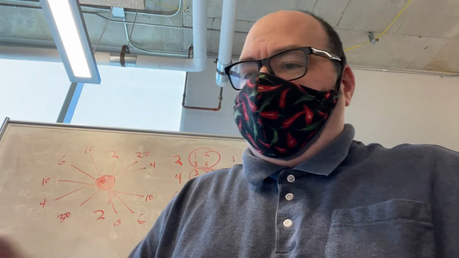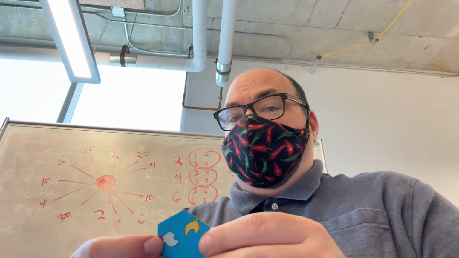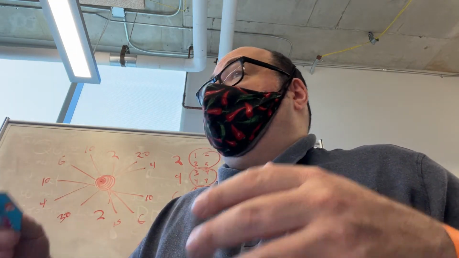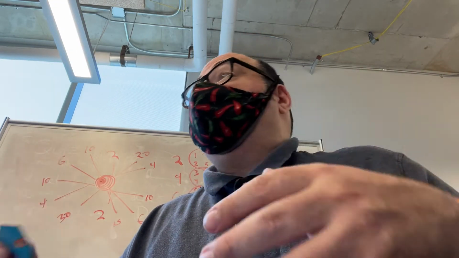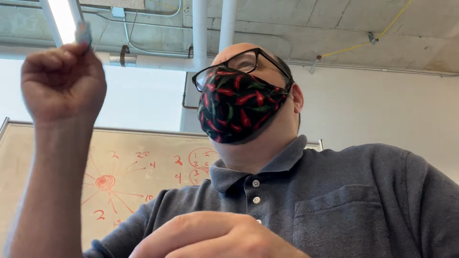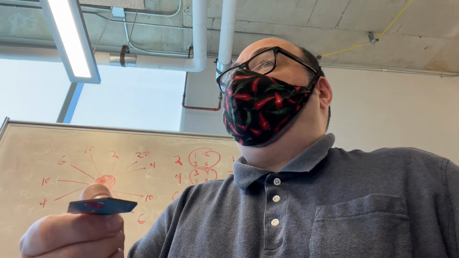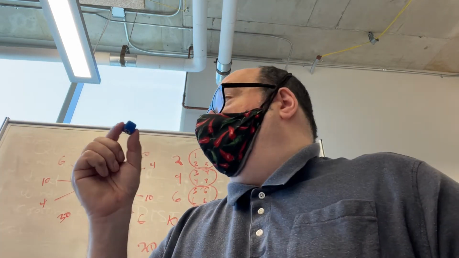Let me explain how the rule set is. So the scoring system is relatively straightforward. On your turn, you pull a tile out and you lay it down. The rules have always been that for a move to be valid, every side that touches has to match. Head to head, proper color, or blue to blue. Everyone forgets blue to blue. From a scoring perspective, you get 1 point for blue, you get 2 points for fish. But with the die, you get a bonus. And what the bonus is as follows.